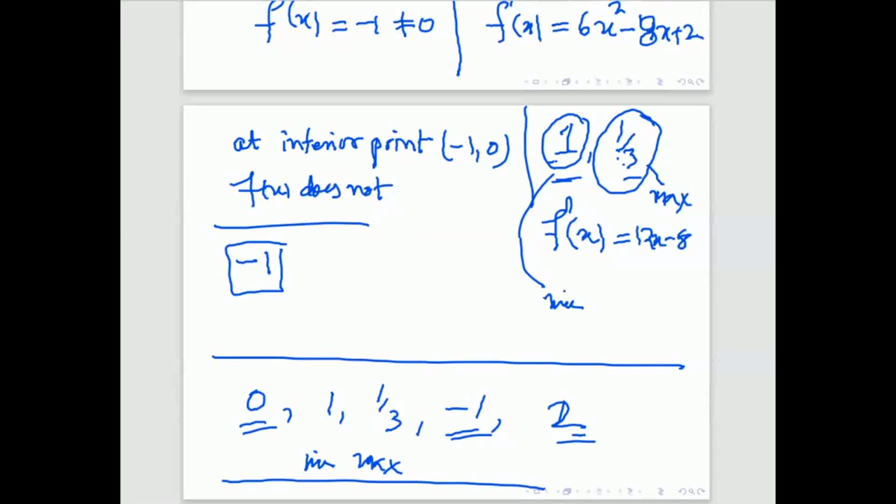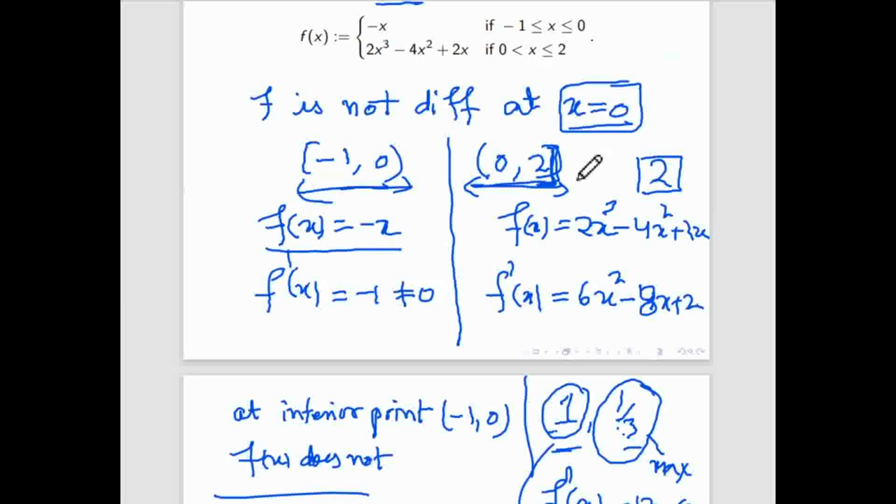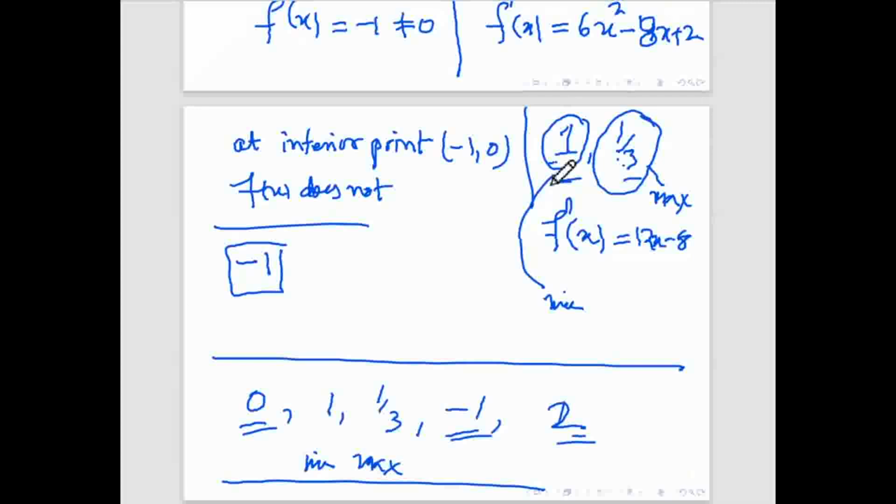If the question is to find global minima or global maxima, then no need to check whether this point is a maxima or minima. Just check the functional value. If the question is that you have to check whether the point 0 is maxima or minima, then you have to check whether it is increasing or decreasing here. Based on that you can conclude it is maxima or minima. At this point 0 you have to check whether it is increasing or decreasing. And the 2 points you have to check separately, like we did in the function f(x) equal to x. So is it clear to everyone?